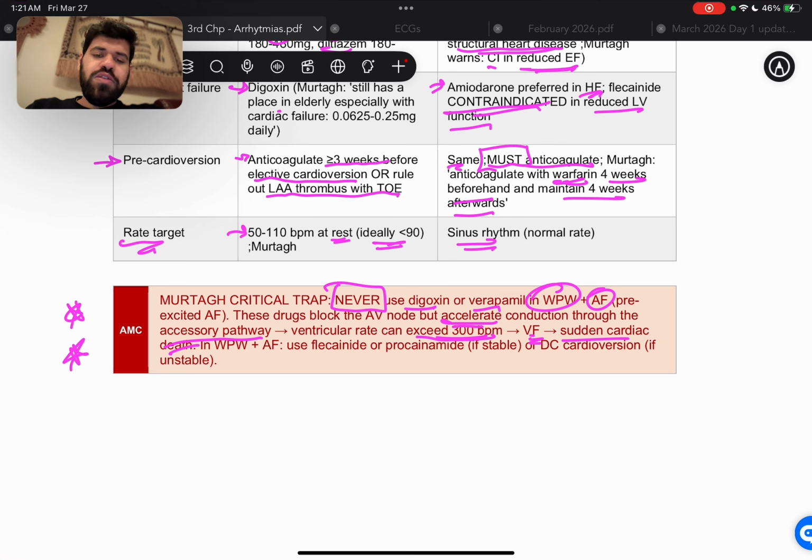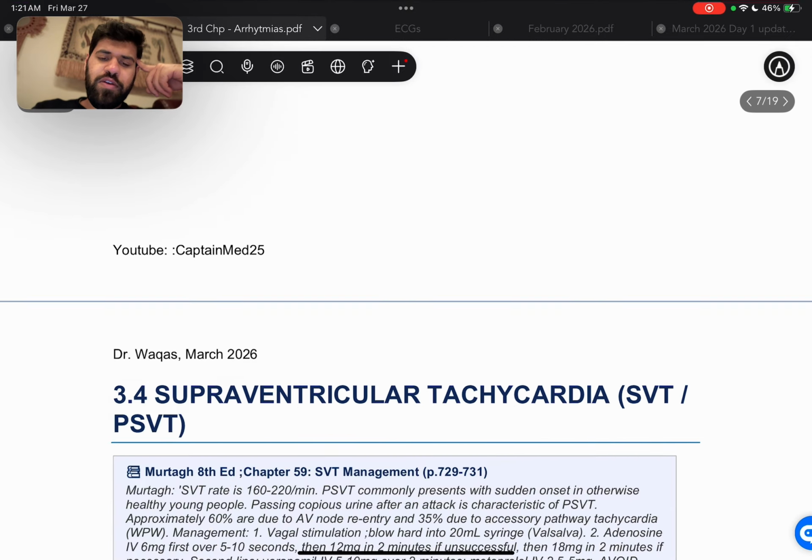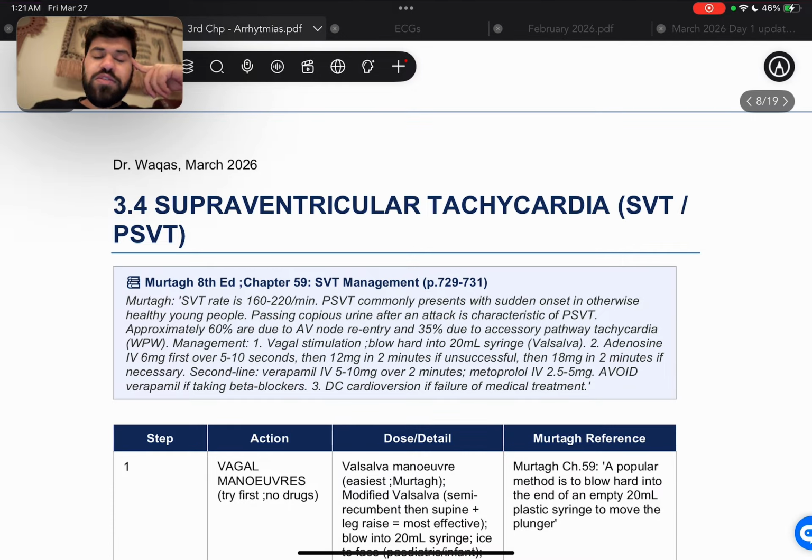So WPW plus AF, use flecainide or procainamide if the patient is stable, or DC cardioversion if the patient is unstable. Unstable patient, we always give DC cardioversion. Because there is no structural abnormality, we're using flecainide, and if there was, we can use procainamide. Now moving on to SVT, I would say the second most important